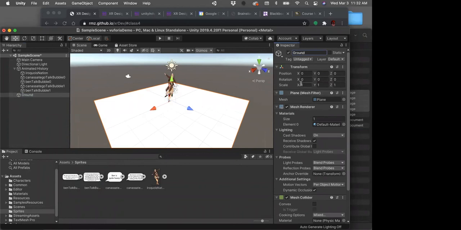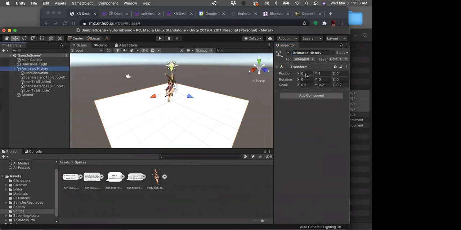Okay, so remember everything's in meters. So this plane is 1 meter by 1 meter by 1 meter, so approximately 3 feet. And I can see that the Kanesatoga's feet are below the ground. So I'm going to do 1.3, do 1.5. Okay, so if I check this now,